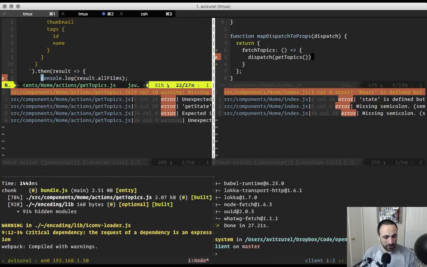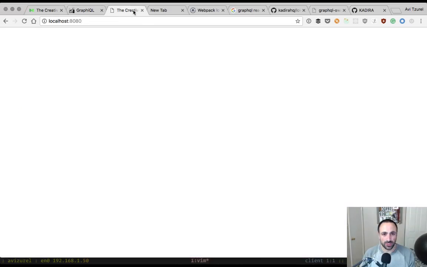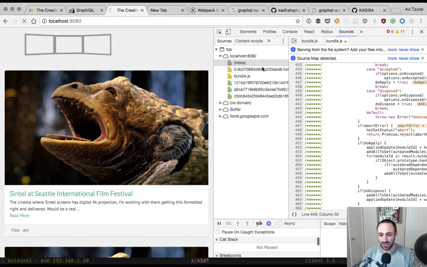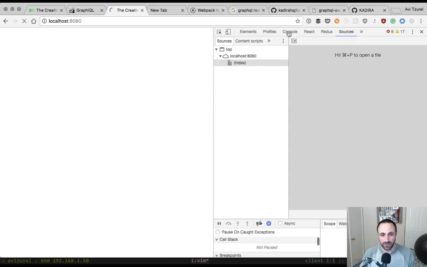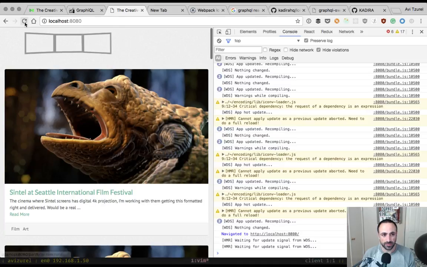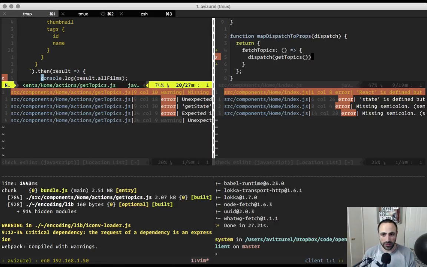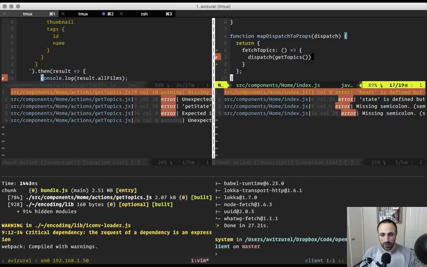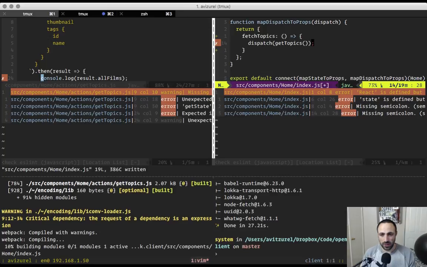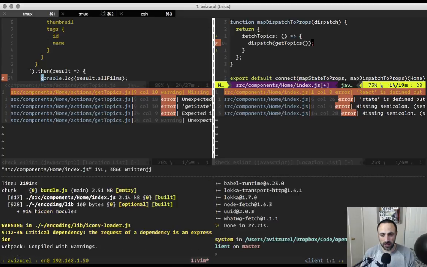Um, critical dependency. The request of a dependency is an expression. Okay, I don't know. Doesn't seem like this is a critical thing. Okay, so let's see what we have here. Oh yeah, I haven't called it yet. So this is fetch here. And then in the component itself,